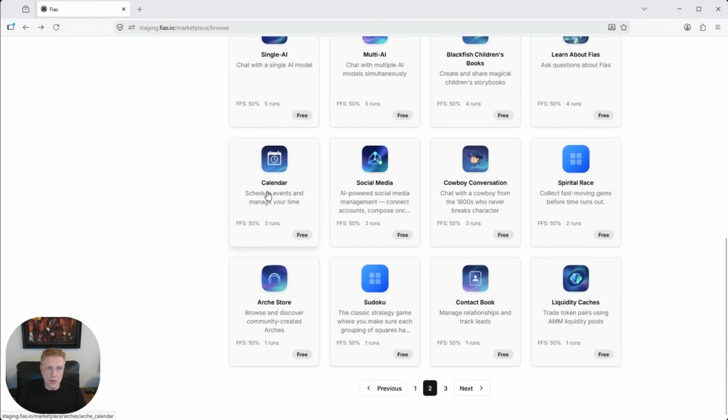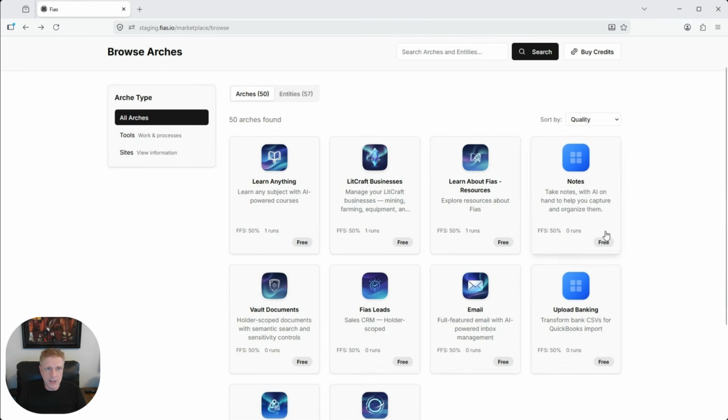You can manage your calendar or your contacts. You could do all of your social media posts. Just sign into your Twitter account and you can schedule through the calendar. Again, we can manage the contact book. We've got liquidity caches, which is a concept underlying some of the financial aspects of everything in the DFE.